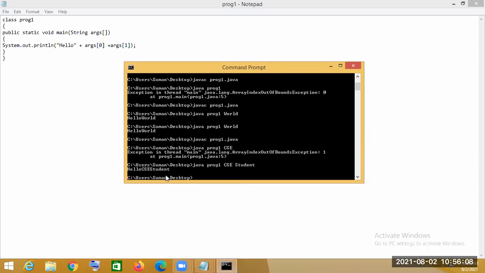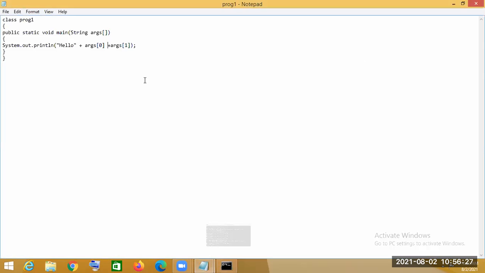We'll see that. But before that, we will see another thing: let's say we have to add 2 variables using command line arguments. We will take runtime input, and after adding the values, we will print that. So what changes do we have to make? We will see that now.